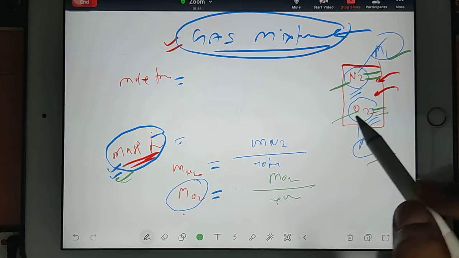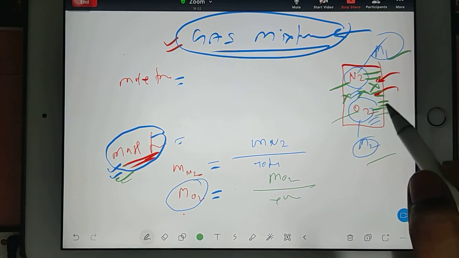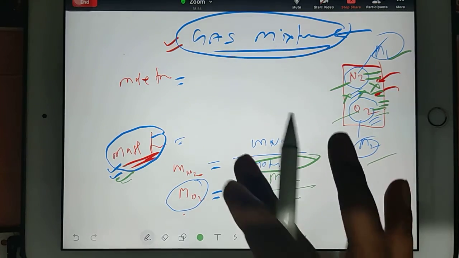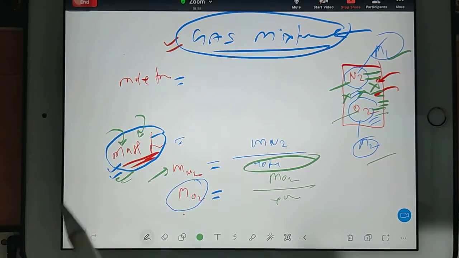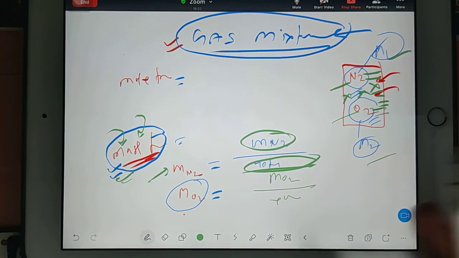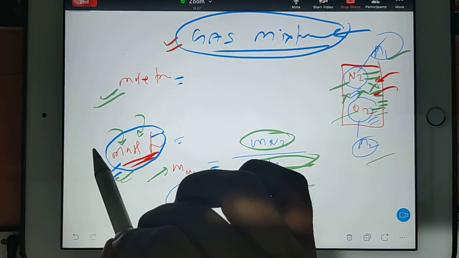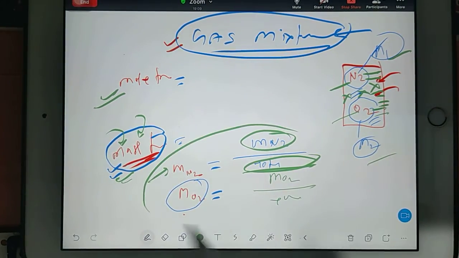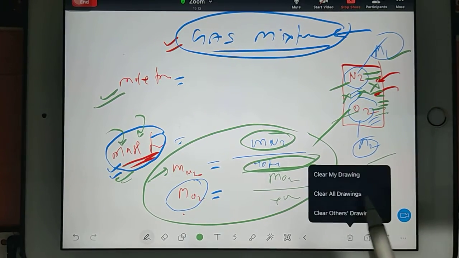I have taken an example of two gases. You can have more than two gases also, 3, 4, 5, 6. So what will happen? Total mass will increase. Because mass fraction you find out for a particular given thing, that mass you will keep in the numerator and the remaining mass you will keep down. Exactly in the same way mole fraction works. So in this example, first I took mass. Now I will talk about the same thing in terms of moles.